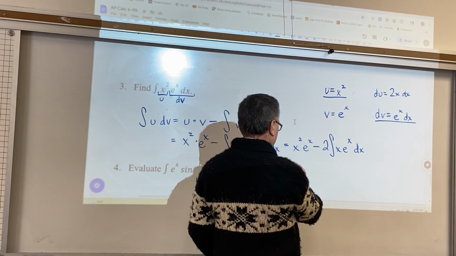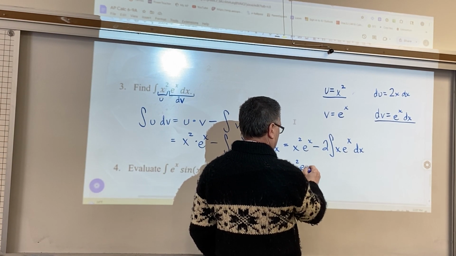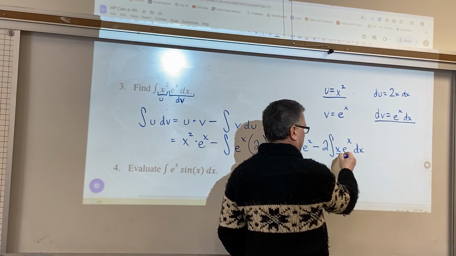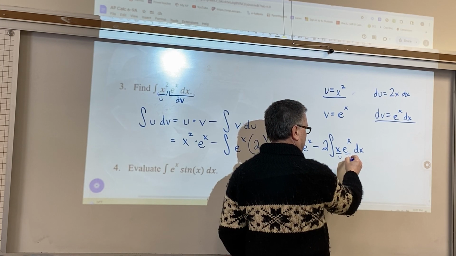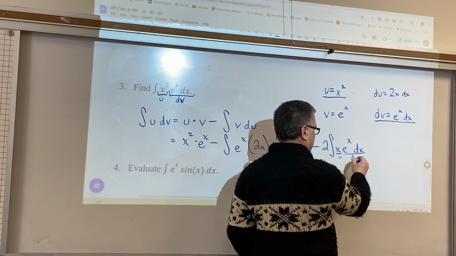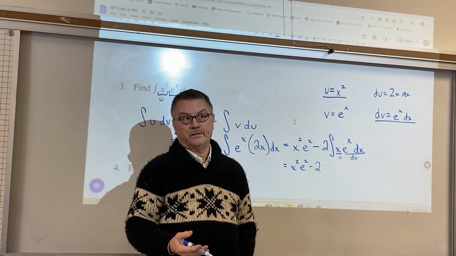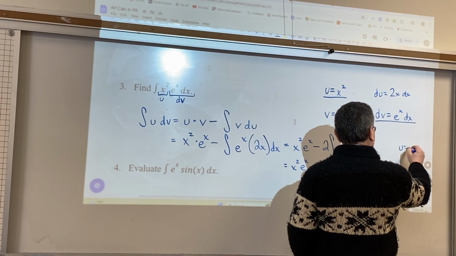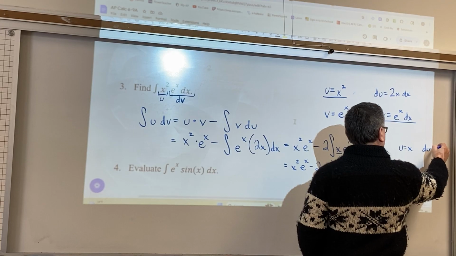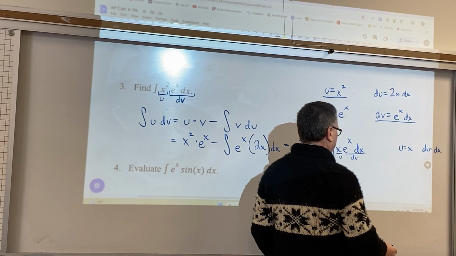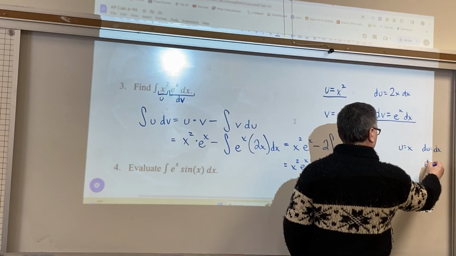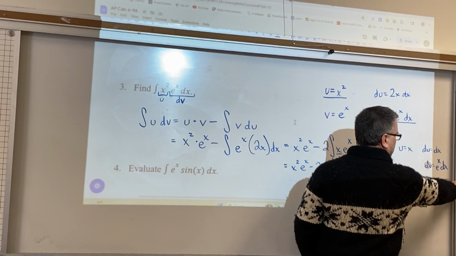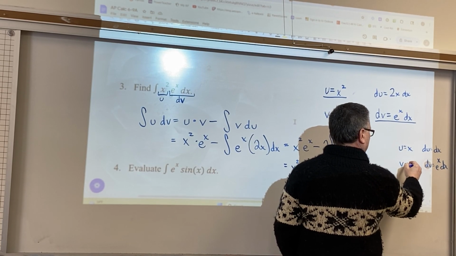So I got this part, and you're saying do this again. Maybe I'll let that one be u and this one be dv, because when I take the derivative of x, I'm just going to get 1. Can't get much simpler than that. So u equals x, du equals 1 dx, and dv would be e to the x dx. And v would be just